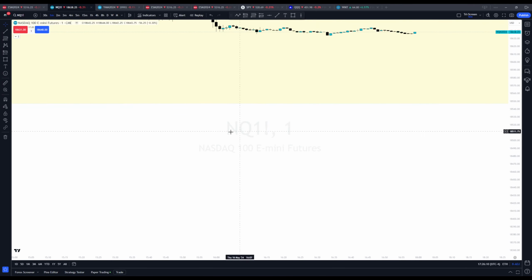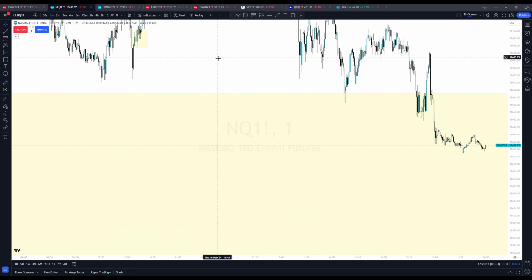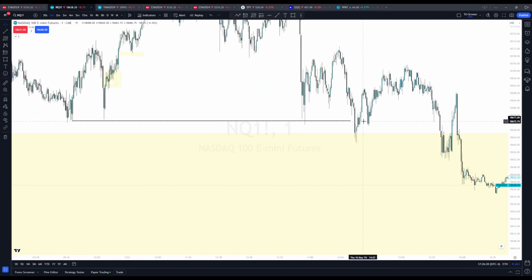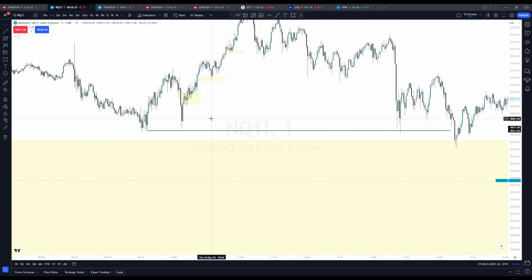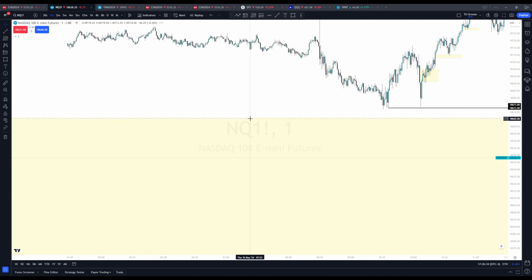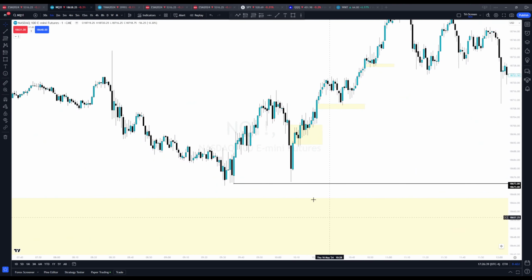I thought we were gonna get it this morning, and I was looking at, okay, we have this low. We have all these lows from the 9:30 open. We went down here this morning around 10 o'clock, and we didn't take it. And I'm like, oh, we have a 4 hour FVG right here. And when you have a 4 hour FVG this close, price tends to draw down into it. The fact that we did not get down to that obviously shows bullishness, but this long would have been even better if we got down into this 4 hour.